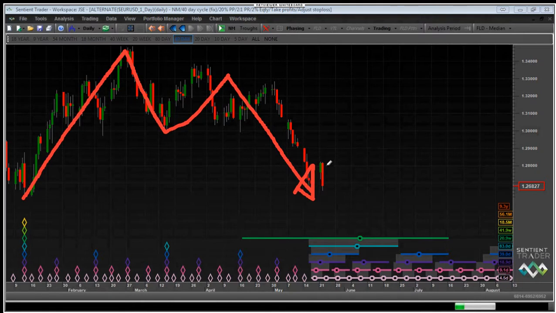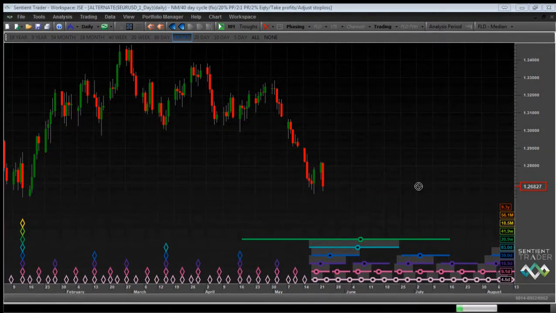trough of 20-week magnitude. Never forget golden rule number, I can't remember what number it is, golden rule number 4, which is that when long cycle troughs are forming in the market, be very careful of taking trades in shorter cycles. Very careful. So if you're trading the 2-day cycle or the 1-day cycle or the 5-day cycle, you've got to be very careful right about now, because the 20-week cycle is in the process of forming, and I believe the price today has dropped below the lows on Friday. I think I'm right in saying. So in fact, it looks as though that trough has not formed yet.